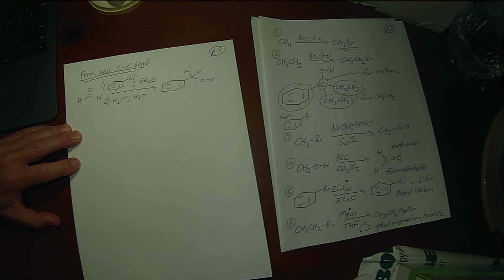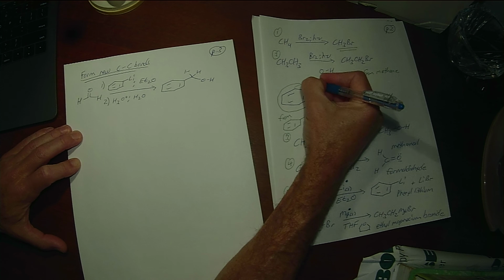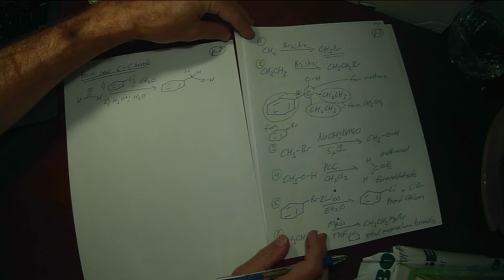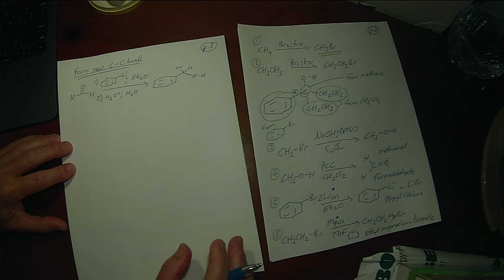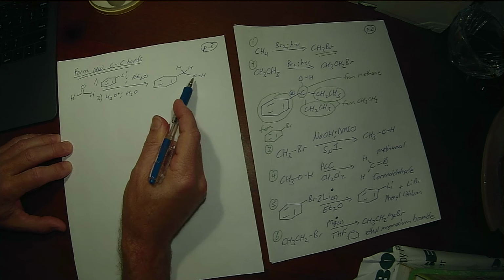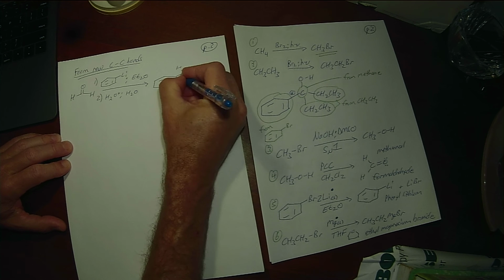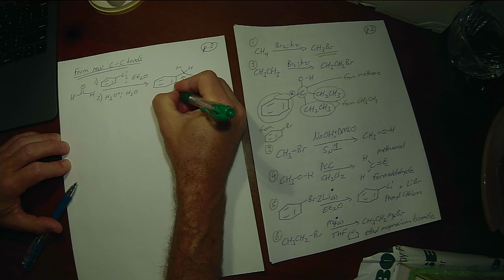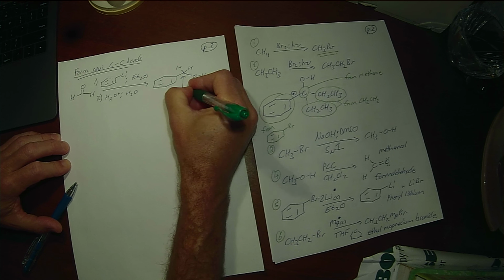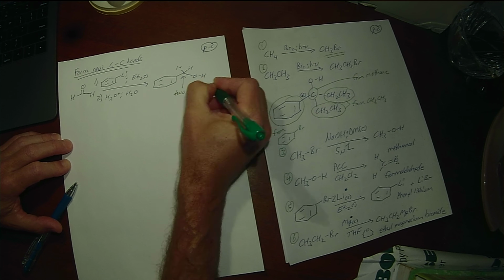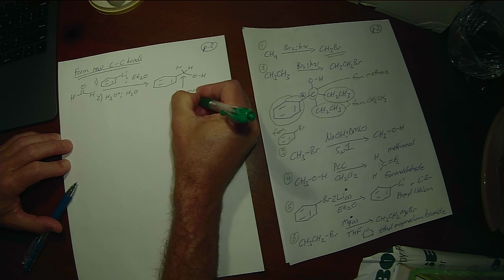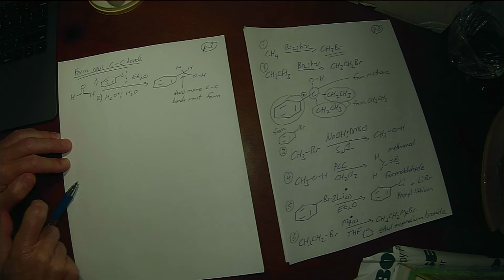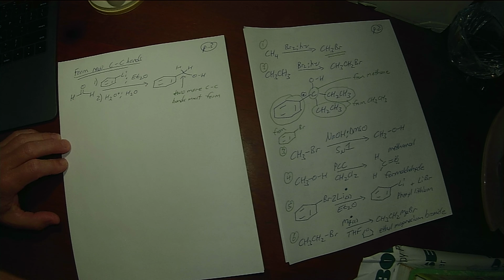So we formed one of the 3 carbon-carbon bonds that we needed to form, right? We formed this one between the benzene ring and what used to be the formaldehyde, or the methanol. So now we have benzyl alcohol. We need to form 2 more carbon-carbon bonds here. But right now it's an alcohol, so if we're going to form a new carbon-carbon bond to that, what does it have to be first?